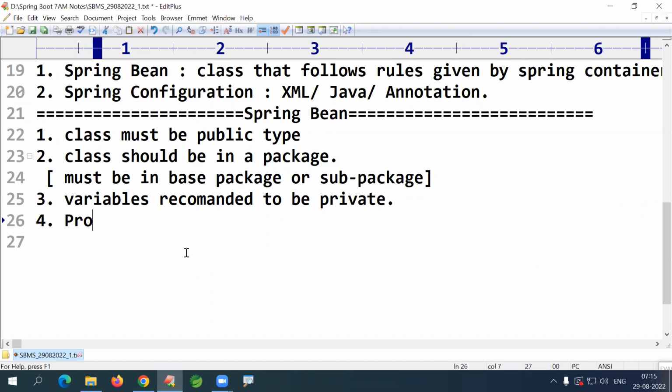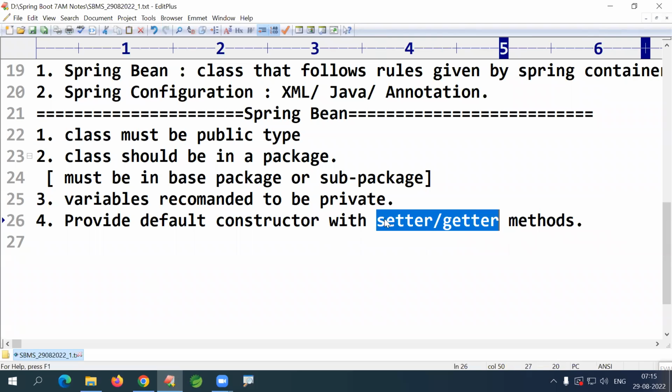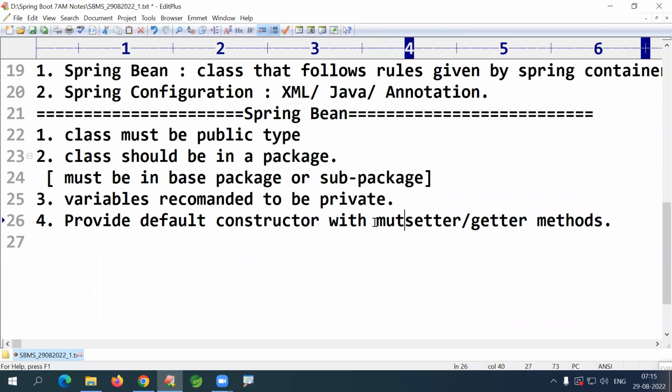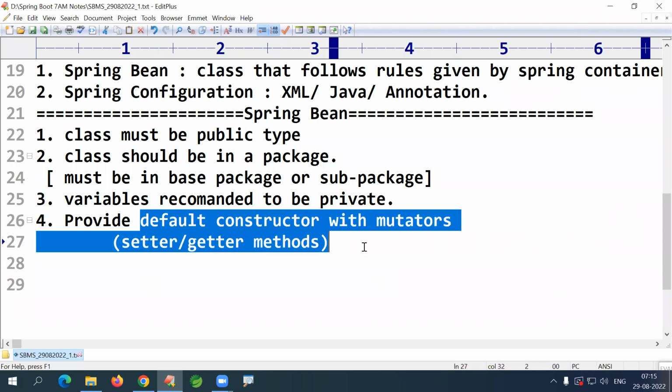So provide default means zero params constructor with setter and getter methods. These are also called mutators. Generally getters, if you want to read them, otherwise not required. Default constructor with set get methods is recommended for setter injection,